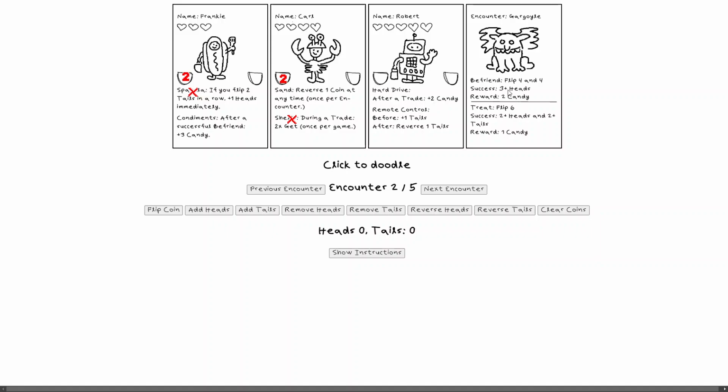We also have items at our disposal during this encounter, so we need to get 3 or more heads in 2 attempts of flipping 4 coins. And Carl can reverse a coin at any time, once per encounter, which is good. In this remote control on Robert the Robot, we can add tails before flipping and reverse the tails after. And reversing after is pretty good here because we want heads. So let's go ahead and flip 4 coins. 1, 2, 3, 4. And that's not bad, 2 heads and 2 tails, and we can go ahead and use our remote control here to reverse the tails. Right there. Okay, so we've successfully befriended this fella,